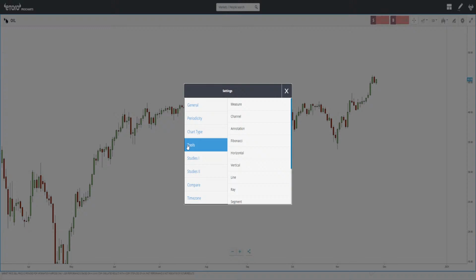the first thing you will be shown are the tools. So within the tools, you have the measurements, channels, and so on. And then you also have the horizontal and the vertical axes. So I don't use the vertical much, but I use the horizontal all the time. And then I also use the Fibonacci all the time. And then there is another one here, which is a thicker bar that I also use when there's a big price action of support or a price action